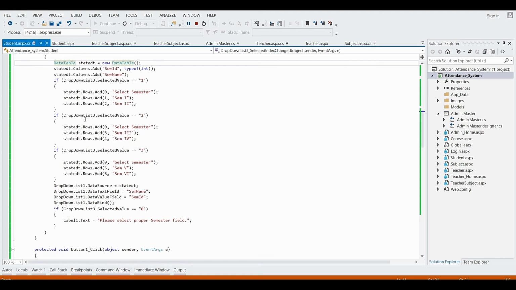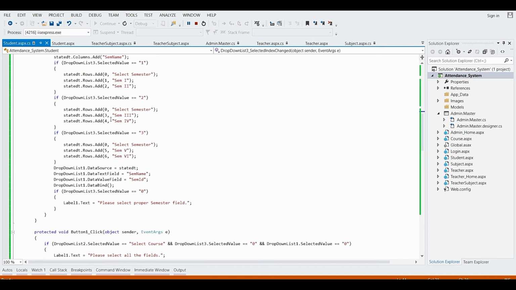And if the selected value is equal to 2, then it will add three rows: semester name as select semester with 0, then sem 3 with id 3, and sem 4 with id 4.